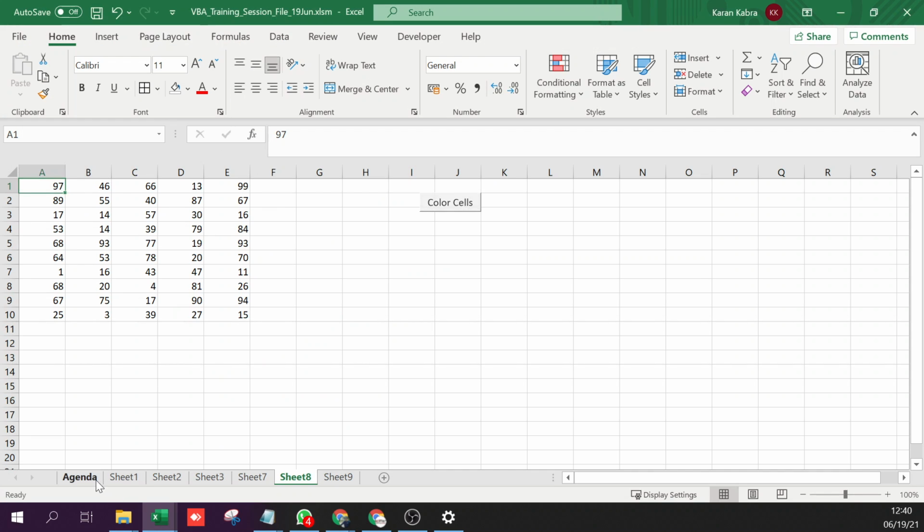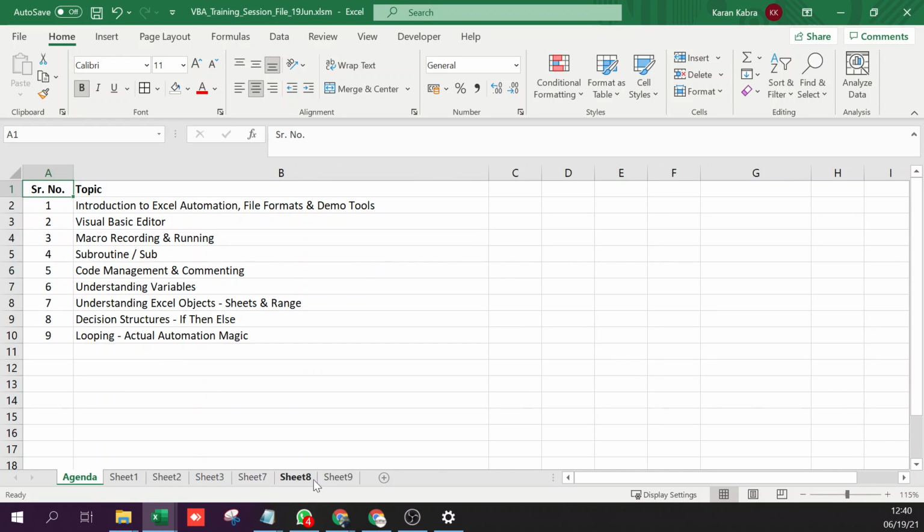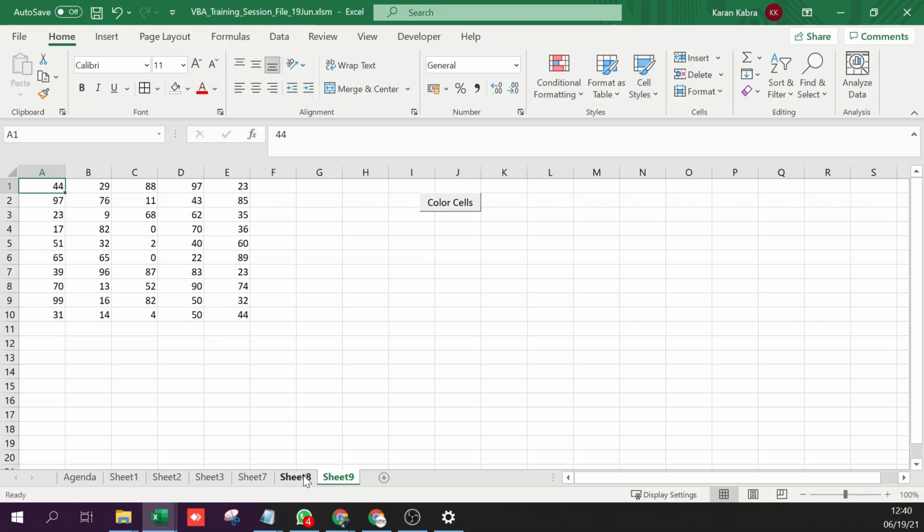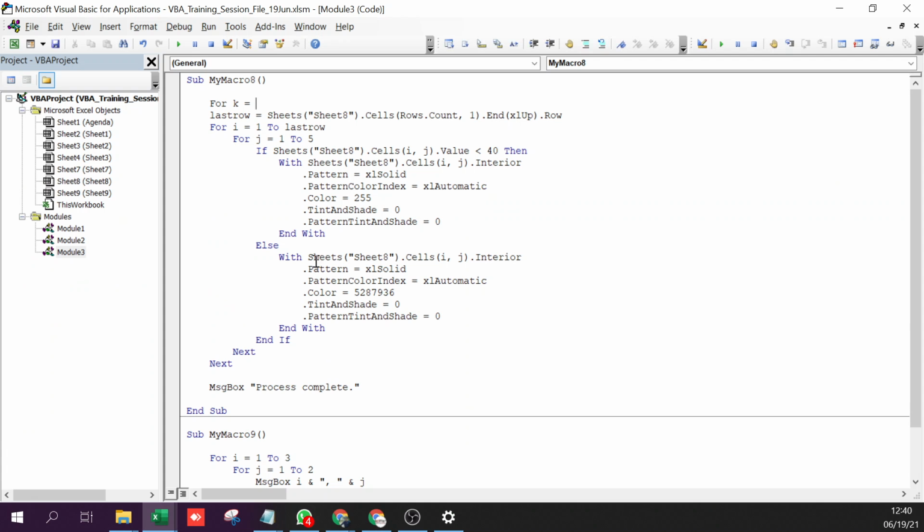So 6 to 7. Where do I end this for? Do I end it somewhere here, or where do I end it? Last, after the last next, before the message box.